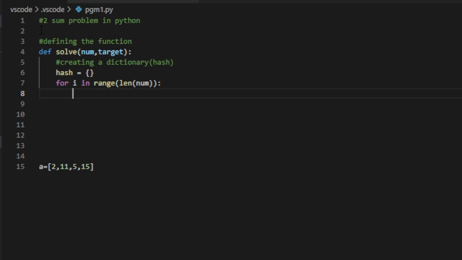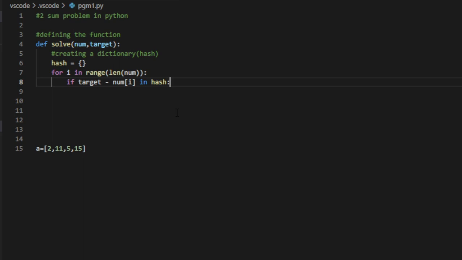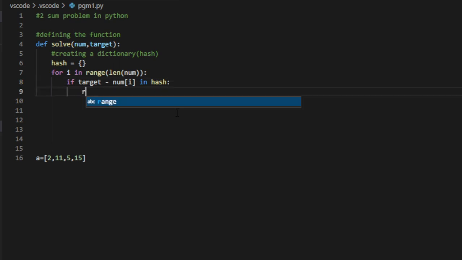Next we are going to check if the target minus the current element in the array is in the hash or not. If it is present in the hash, we are going to return the corresponding indices, as I have told already, that the values in the hash are the corresponding indices.